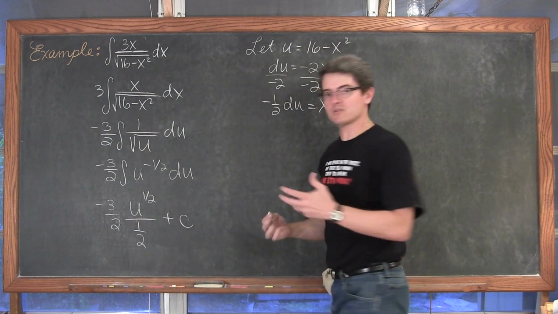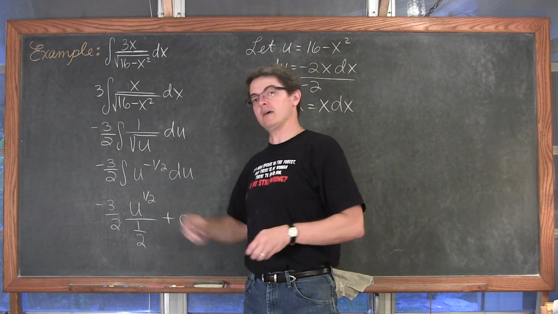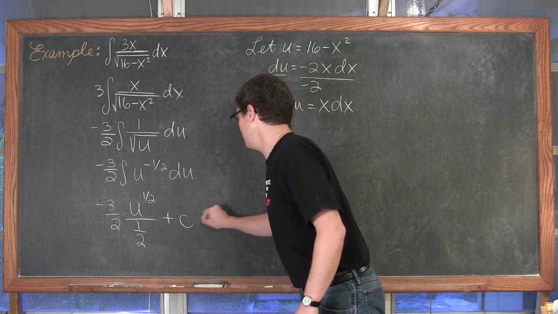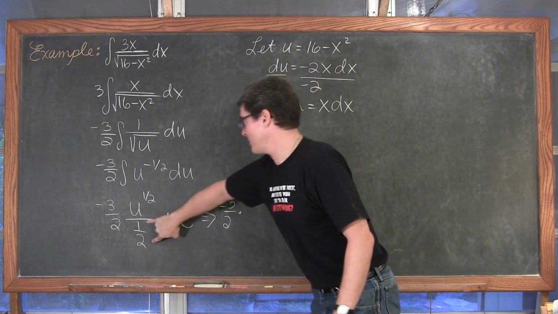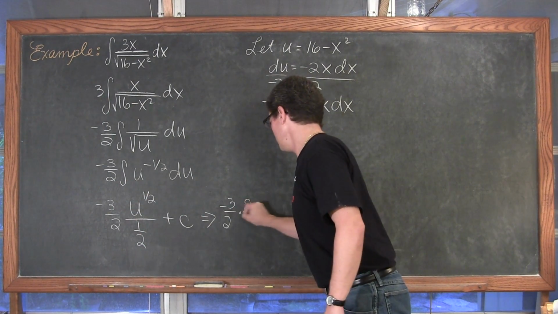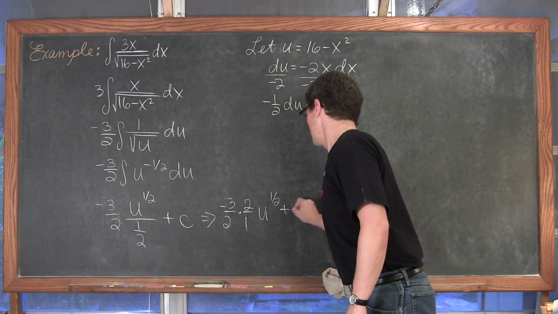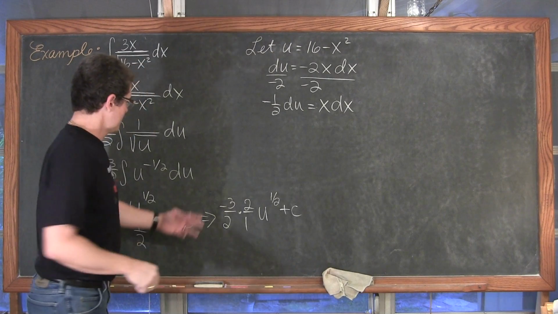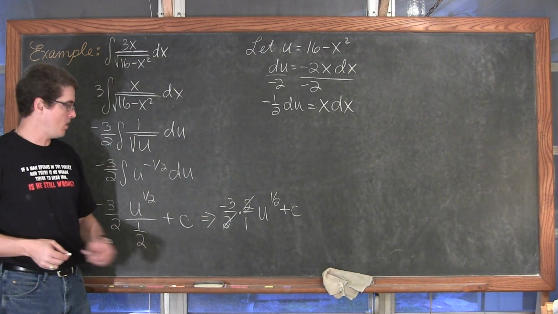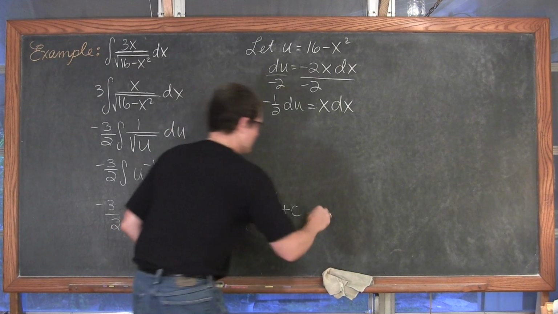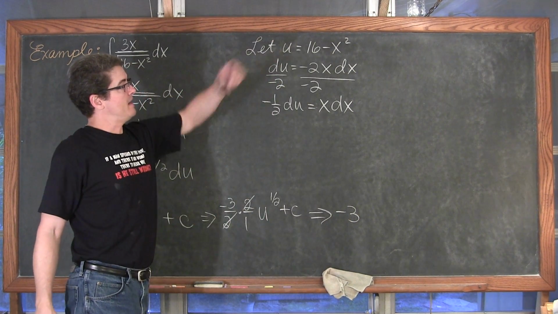And maybe you just write the answer already, because you know when you divide by a fraction, you're multiplying by the reciprocal, right? So this is going to become negative 3 over 2 times, flipping that 1/2 up, 2 over 1. And we have that u to the 1/2 power plus c. Well, the multiplication of 2 and the division of 2, or the 2 over 2, cancels out being 1, and so we're just left with negative 3.